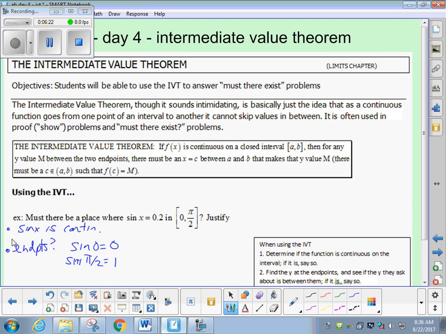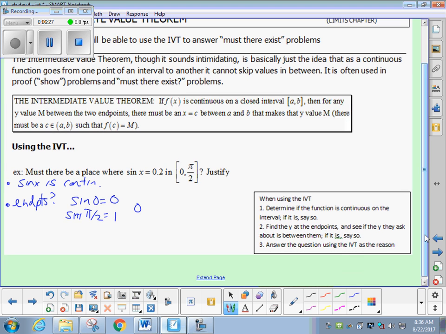Are you with me? Okay, so you will say that, look, basically I'm following these ideas over here. First of all, determine if the function is continuous. If so, say so. We did it, yeah? Now determine y at the endpoints and see if what they ask about is between them. Now I know it's going from 0 to 1, and we can say that 0.2 is in that interval. Yeah? Are you with me? Now, answering the question and using the IVT, we could say, therefore, that sine must equal